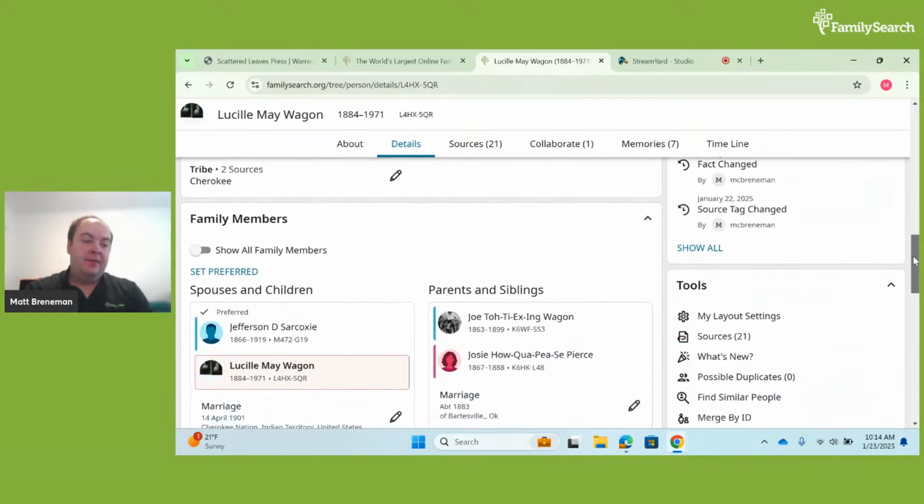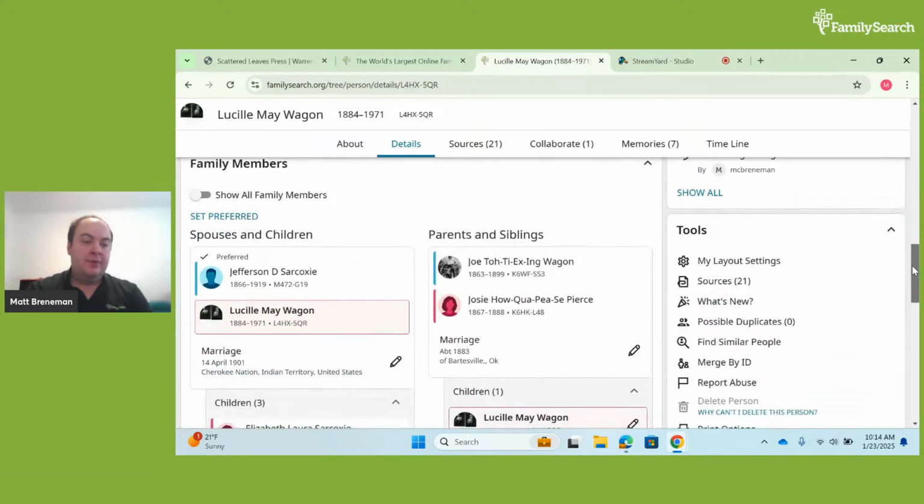And further down, you'll have family members. You'll have her husbands and children, and you'll also have her parents and siblings.